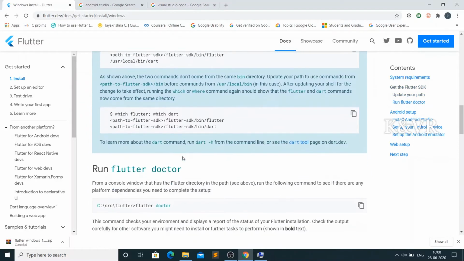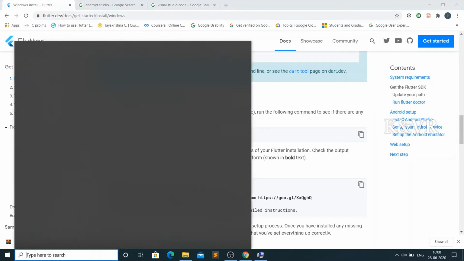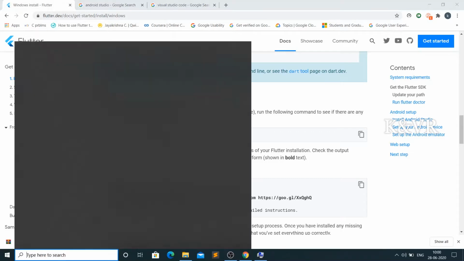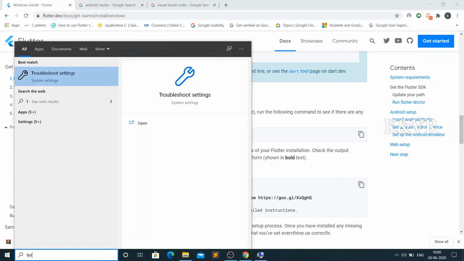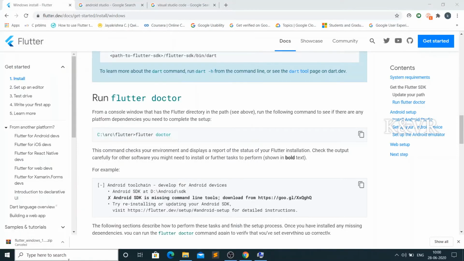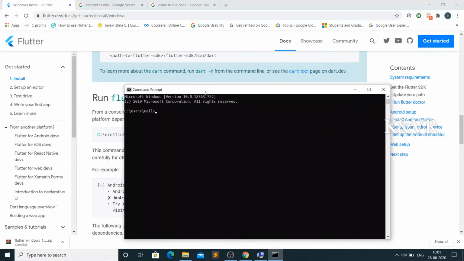Next, you want to run Flutter Doctor in your terminal. Go to the terminal in your laptop. Type command prompt. Terminal means command prompt. Go to the command prompt and type flutter doctor.